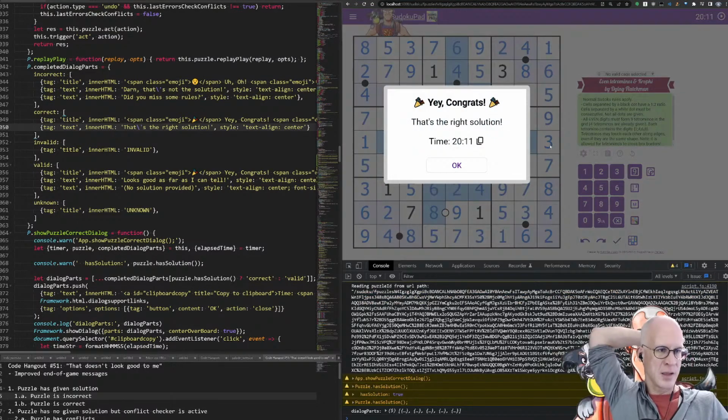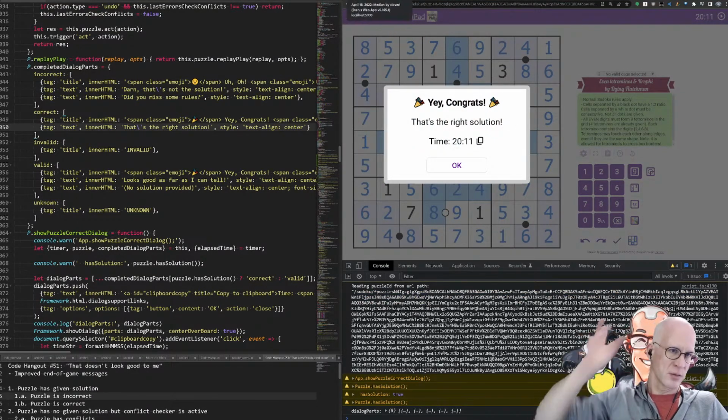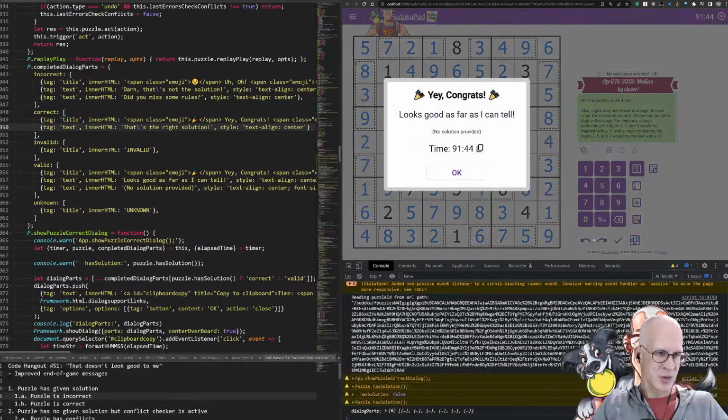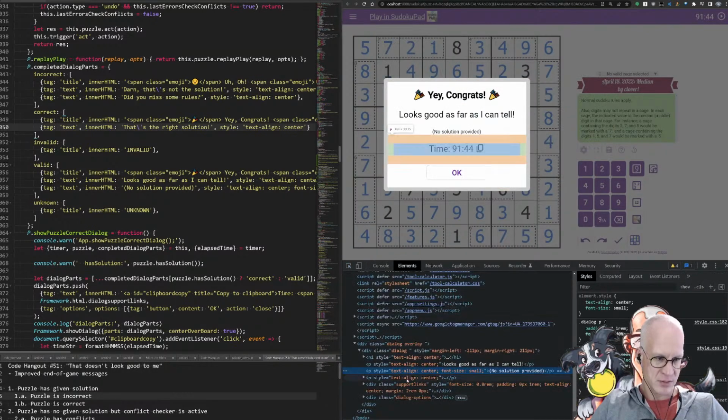So, hey, yay, congrats! That's the right solution. Yeah, that's perfectly fine. And then this would be, yay, congrats! That looks good as far as I can tell. No solution provided. What do you think about that? Maybe get rid of the spacing under the no solution provided, above the no solution provided. I think it's a paragraph tag here.